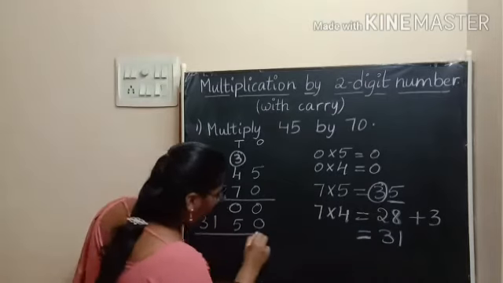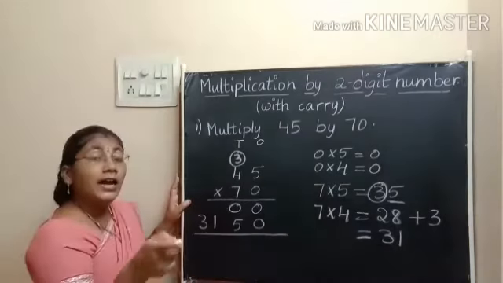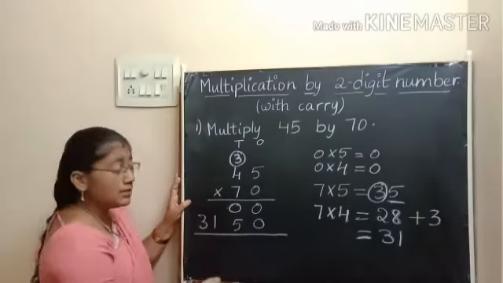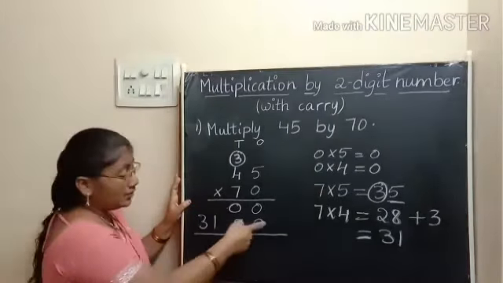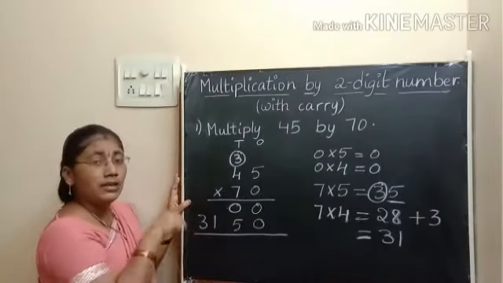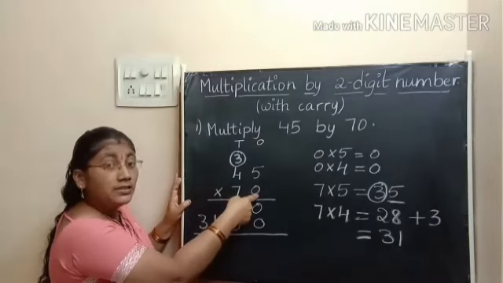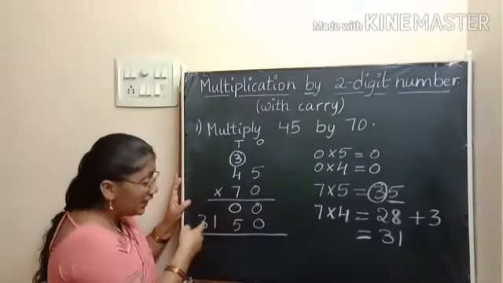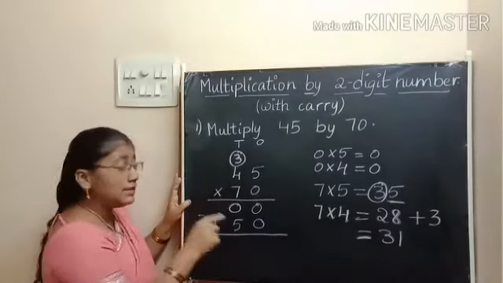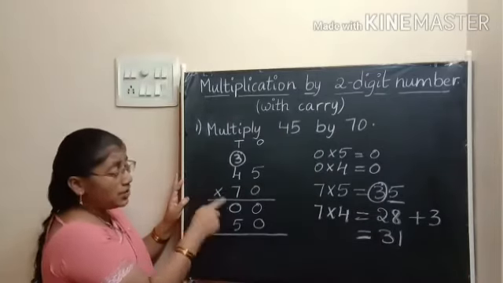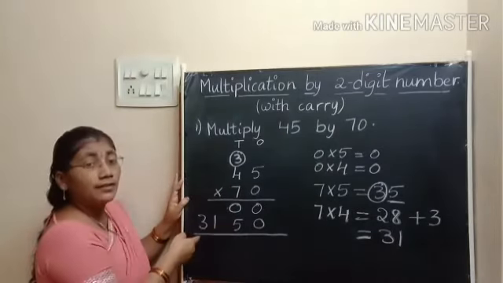Then, we have to apply addition on these two lines because this is the result and this is also the result of multiplication. This line belongs to the digit in ones place. Second line belongs to the digit in tens place. If we have another digit, we will get one more line.